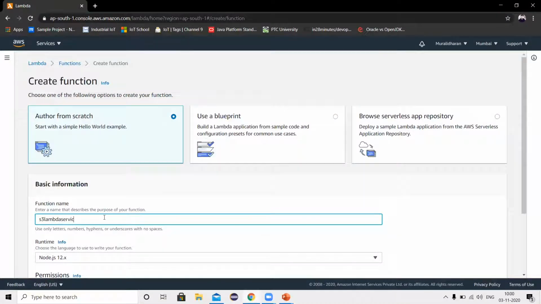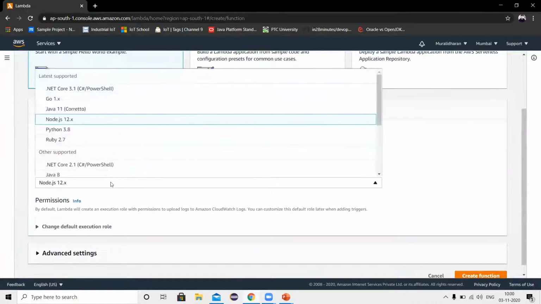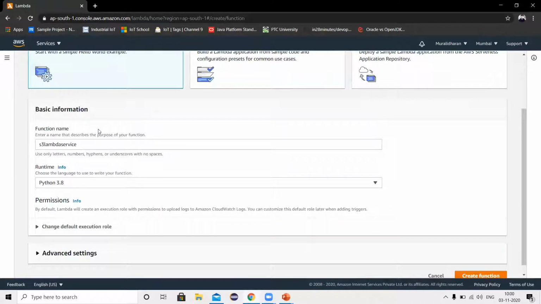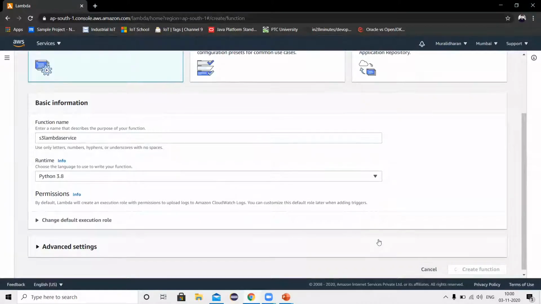Then I'm going to choose the runtime environment. We are working on Python, so I'm going to choose Python 3.8 and click create function. Once you click create function, it will create our Lambda service.